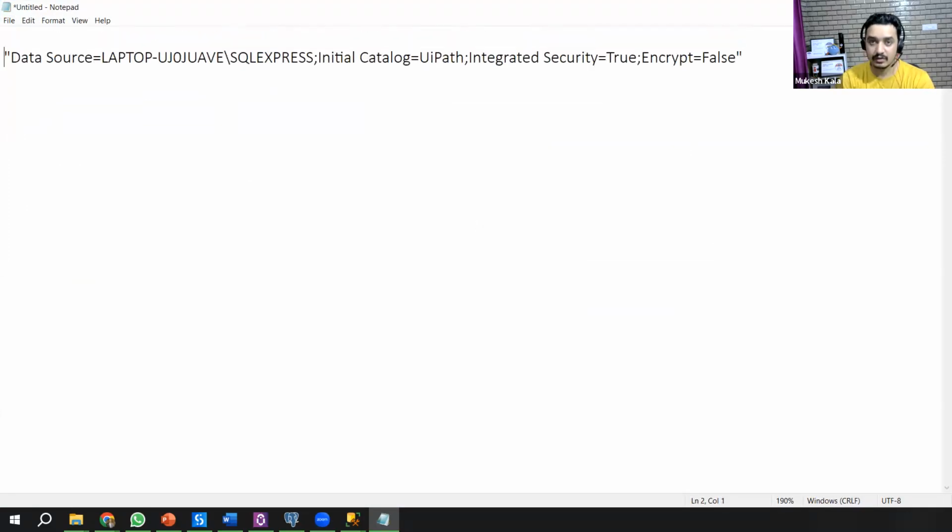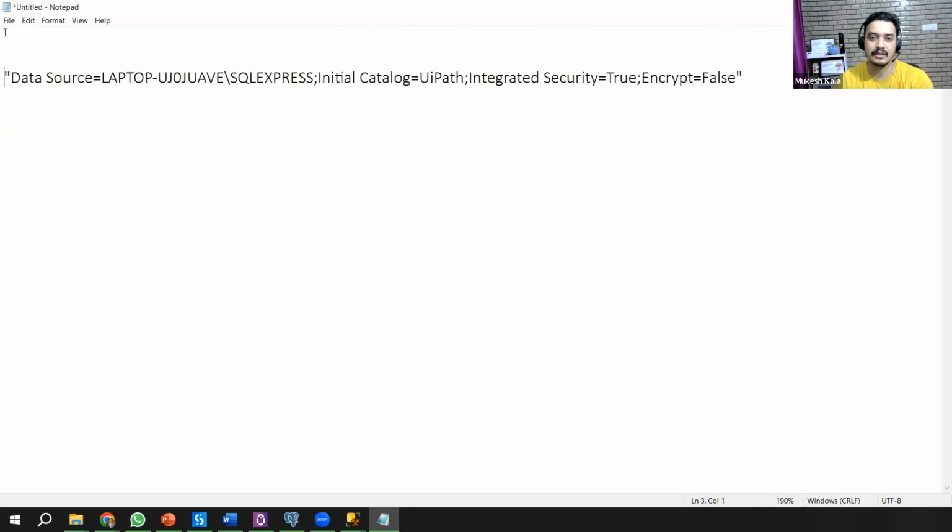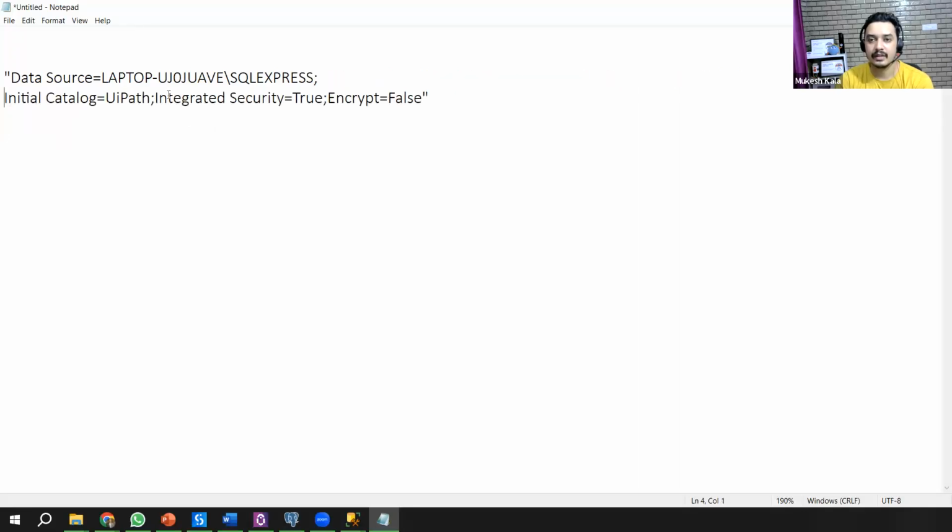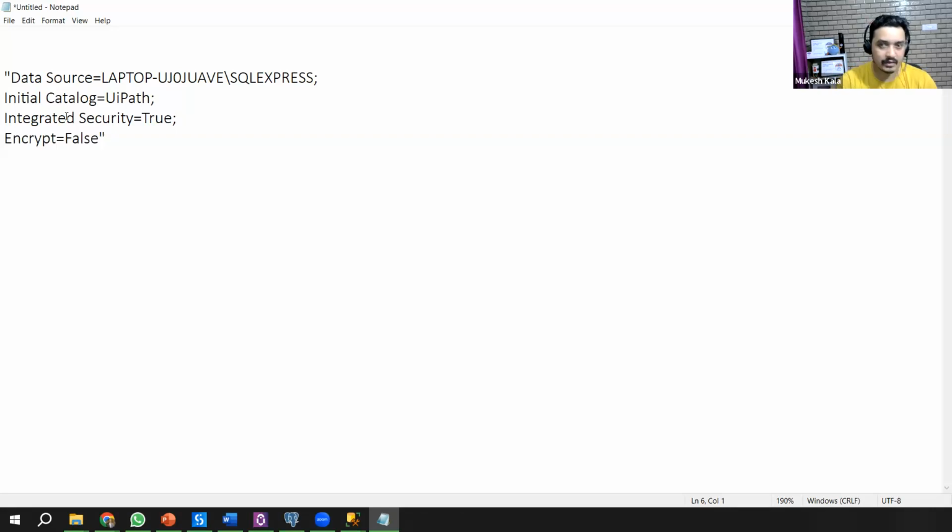Let's try to understand this. What exactly is this? Absolutely simple, it is separated by semicolons. I'll hit enter here. UiPath automatically created this string for me, which says that Mukesh, you are connecting to this data source.